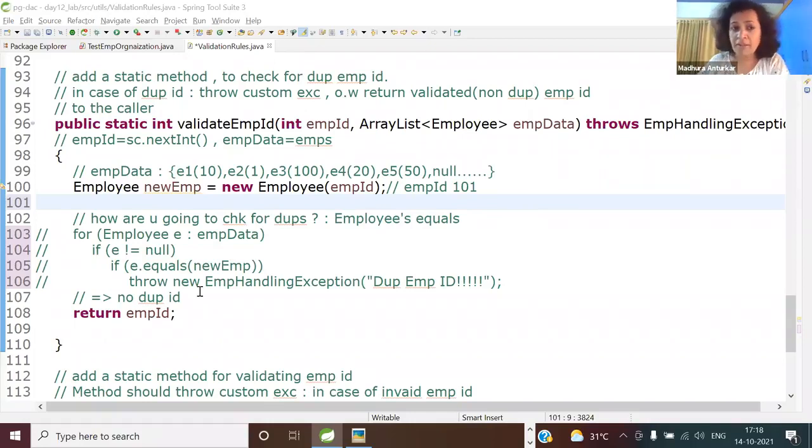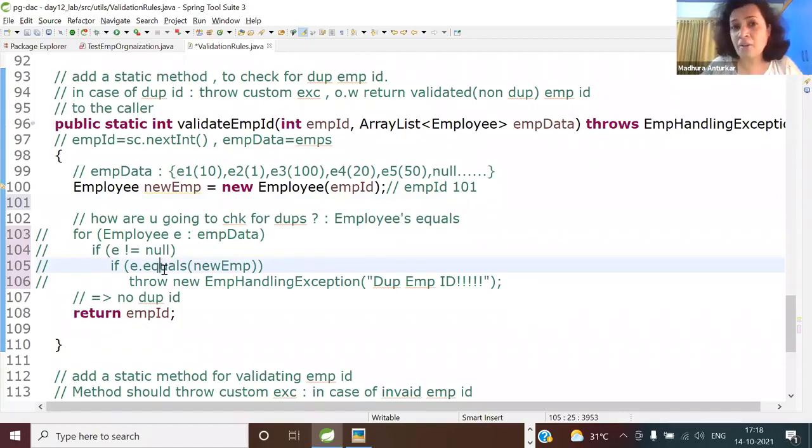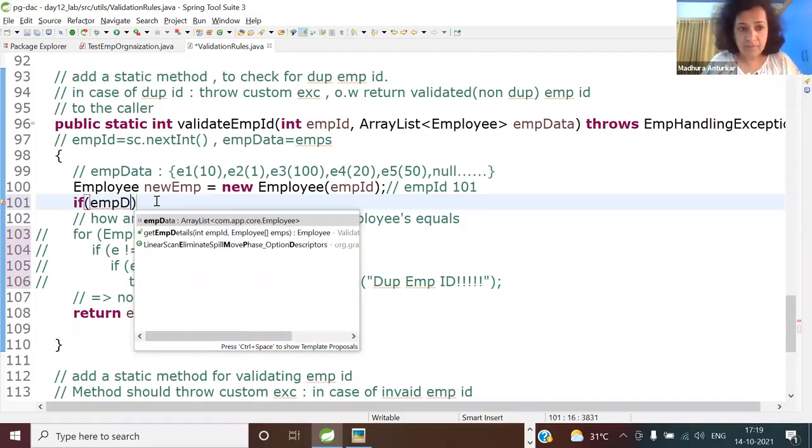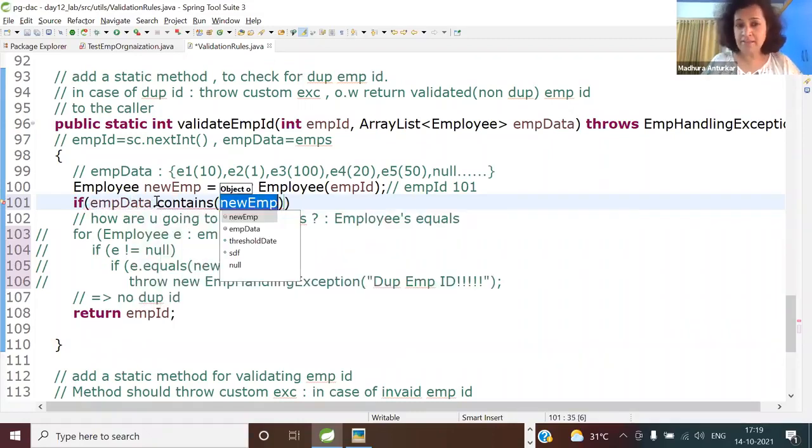The internals of contains do exactly what we did earlier. It goes over the list, not over an array. It doesn't have to check for null because it traverses only till the size, and internally calls equals. How will you know that what I'm telling you is correct and not a bluff? That is why I've written the print in Employee equals. So finish it fast. Let's do this: if employeeData.contains